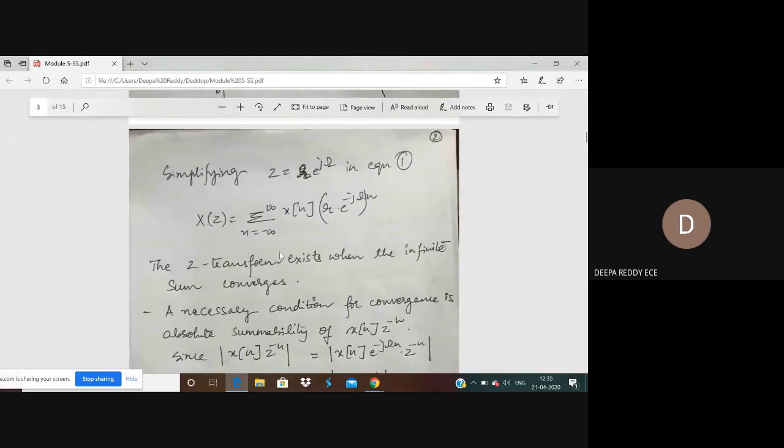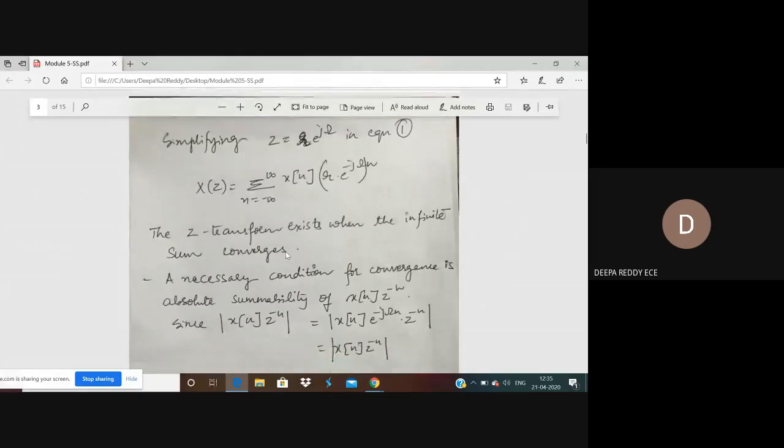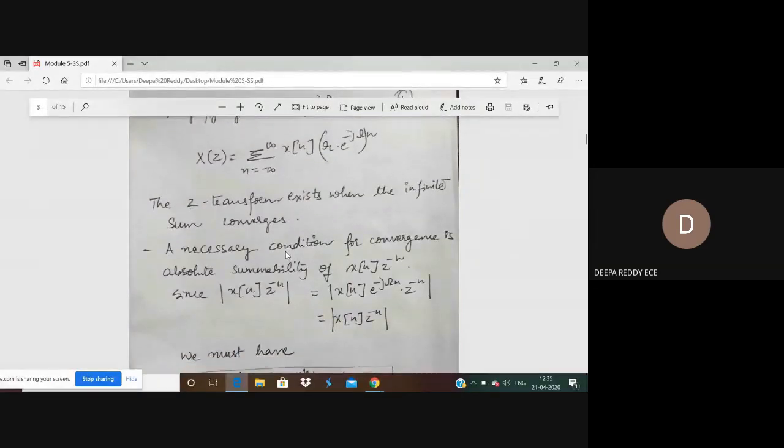Now, there are certain things which we say about convergence of the Z transform, like how we spoke about convergence in the case of Fourier series. For the Fourier series to exist, I told you we have to have certain conditions. If you remember, I spoke about Dirichlet conditions, that is, for the convergence of Fourier series, or when do we say the Fourier series exists. In a similar way, we also have certain things to discuss regarding the convergence of Z transforms.